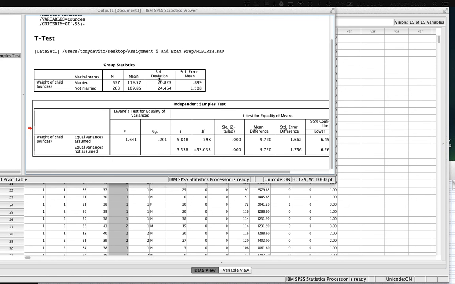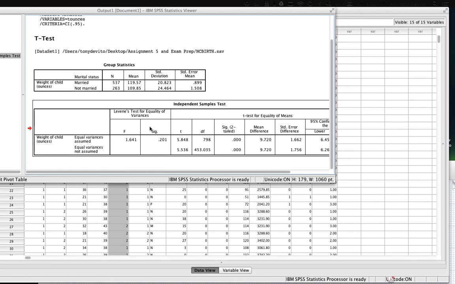And I'm going to show you some formulas later on. We know that there's a certain way that we would do our calculations in that case. Okay, so I'm going to go down here to our table and see how SPSS interpreted that. And if I take a look down here, I see that SPSS calculated a statistic called F. Now that's not the same as our analysis of variance. When we go later on and we do analysis of variance, we calculate an F. Don't assume that that's the same deal there. Okay, so it calculated this test for equality of variances, and it came up with a value of 1.64 and a